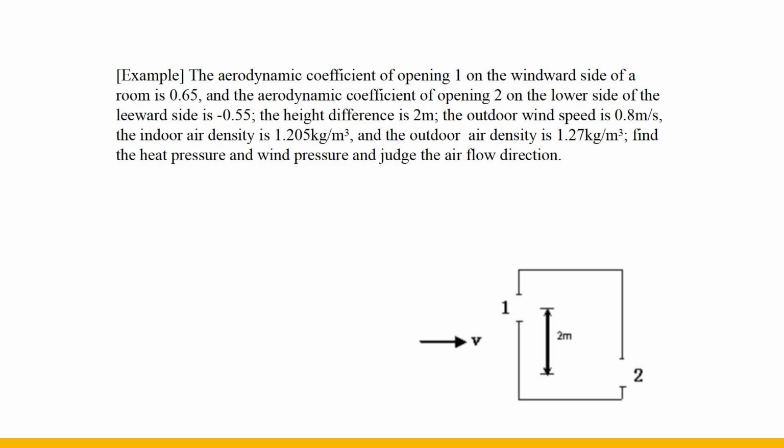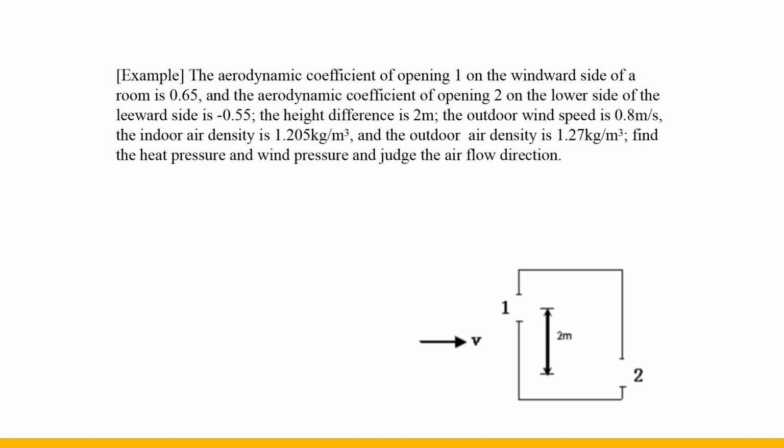Next, let's do an exercise. As can be seen from the conditions and diagrams given in the example, the room has two openings. The opening on the windward side is number 1. The aerodynamic coefficient K is 0.65, and the opening on the lower side of the leeward side is number 2,